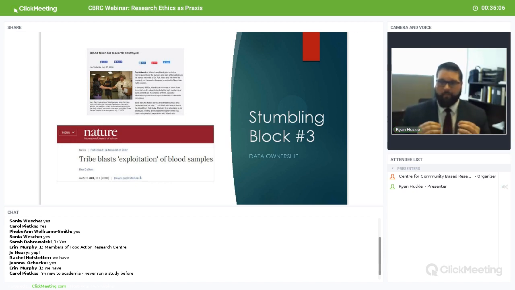And so Ward was benefiting directly from the repurposing of the study, and there was absolutely no benefit or consideration given back to the community in terms of how the data was used and how the material was supposed to be stewarded. And so when we think about data ownership, we really want to take seriously what this means in terms of the data that we collect or the stories that we collect and what we do with it and who